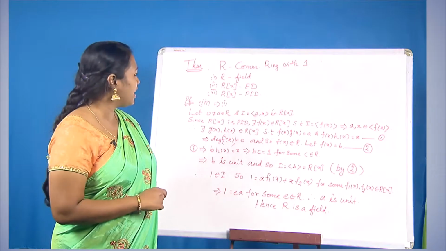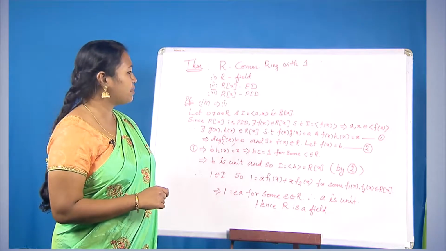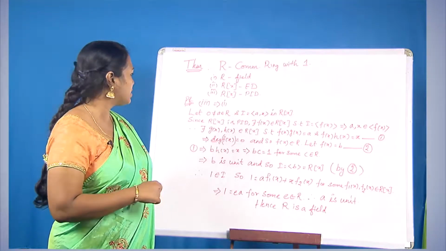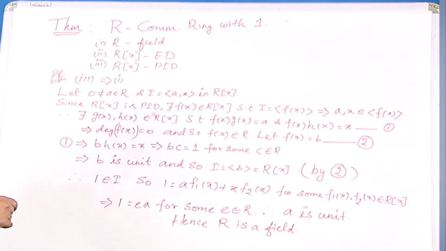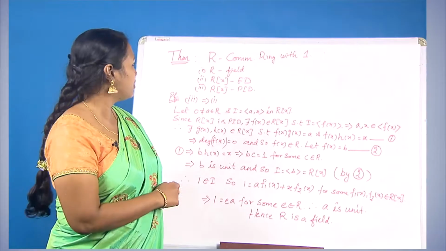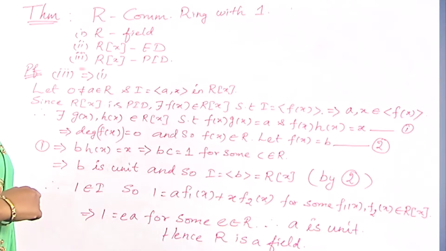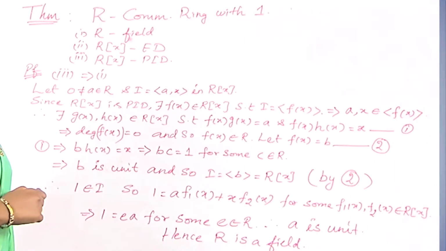So, if I is the ideal generated by a comma x, it is a principal ideal in R[x]. Now, since R[x] is a PID, there exists an f(x) in R[x] such that I can be generated by some polynomial f(x), where this a and x are inside this polynomial generated ideal. Now, we shall prove the last part, which is that 3 implies 1, which is